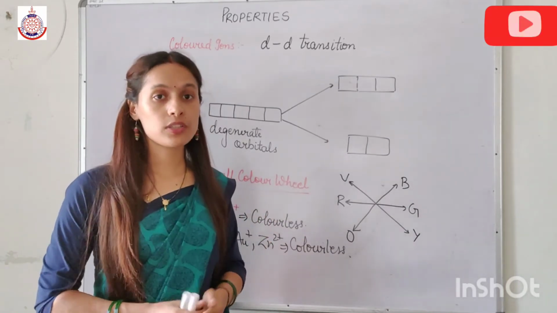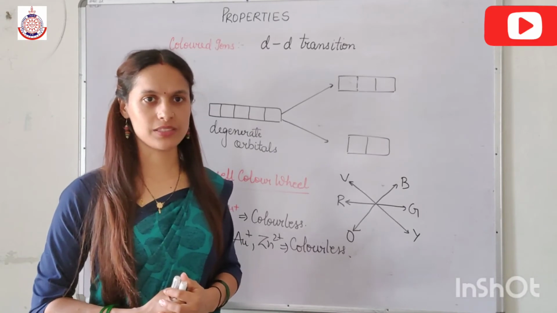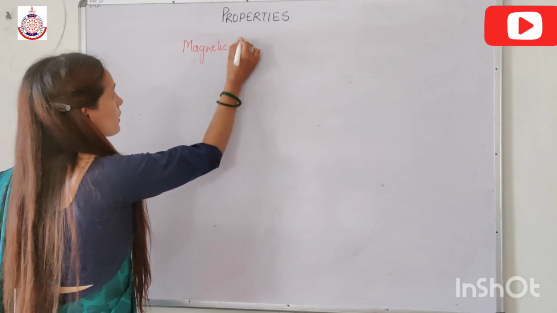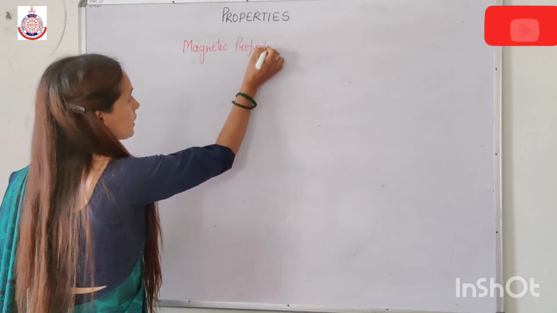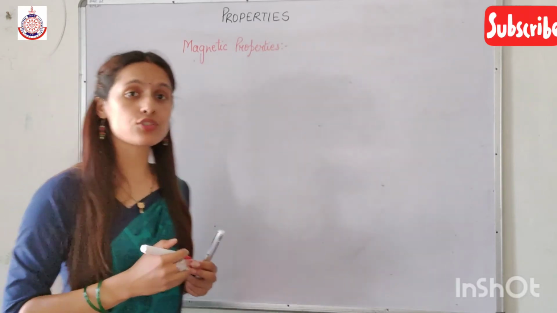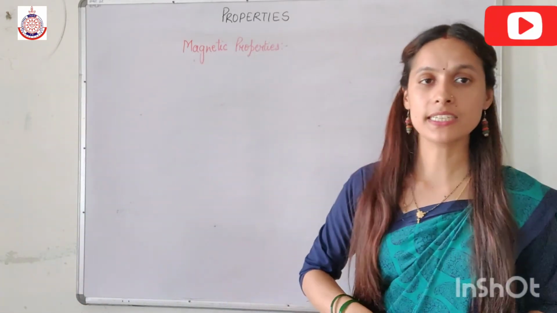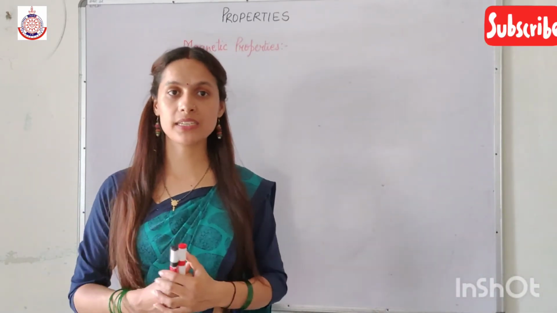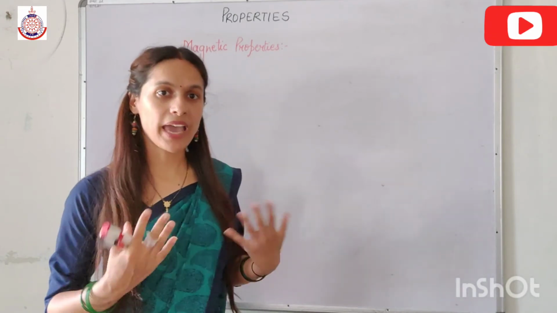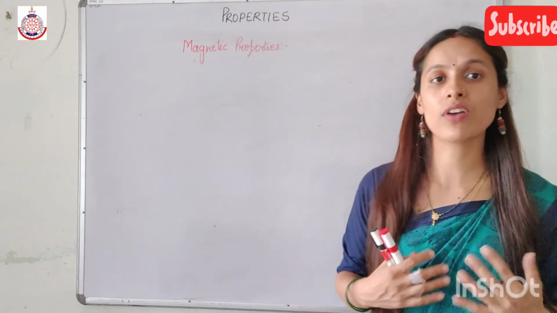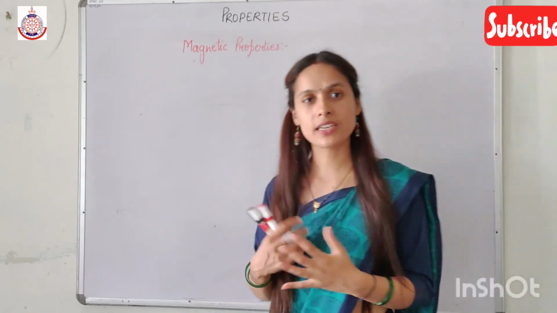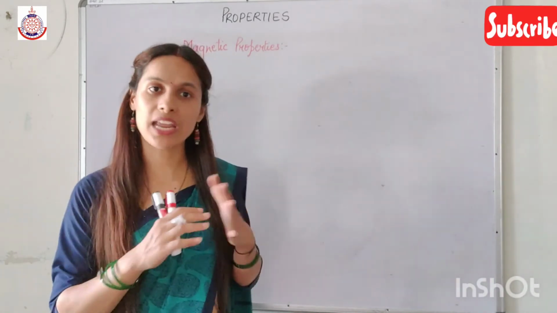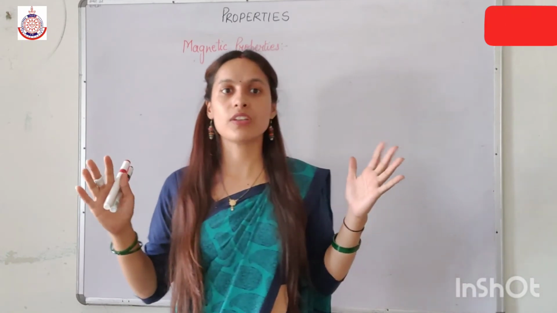Clear? Now we will talk about the magnetic properties of the transition elements. In the solid state of 12th class, we have studied that on the basis of the magnetic nature, substances are categorized as paramagnetic and diamagnetic. Paramagnetic substances have unpaired electrons and are attracted by the external magnetic field, and diamagnetic substances don't have any unpaired electrons and are weakly repelled by the